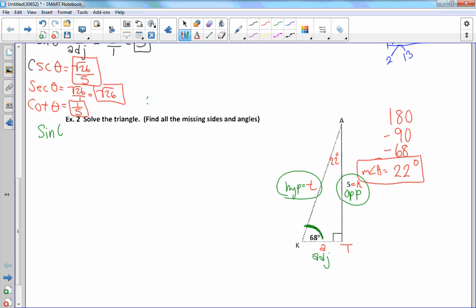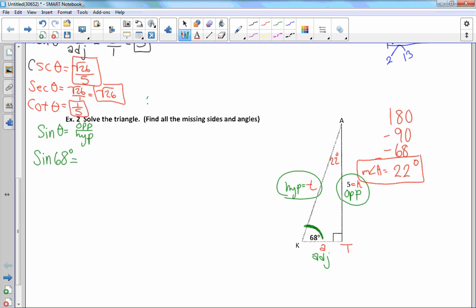Okay, sine theta is opposite over hypotenuse. So, we're going to replace theta this time though, because we know what theta is. Theta is 68 degrees, so we have sine 68 degrees, you put a degree symbol with it, equals